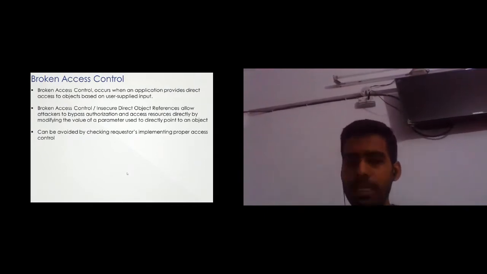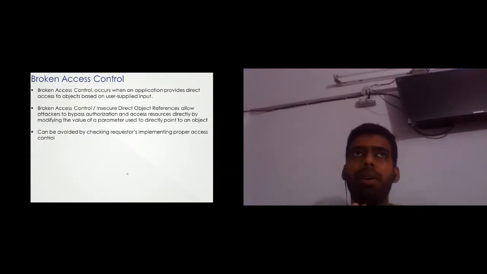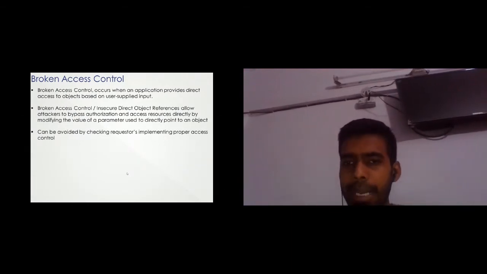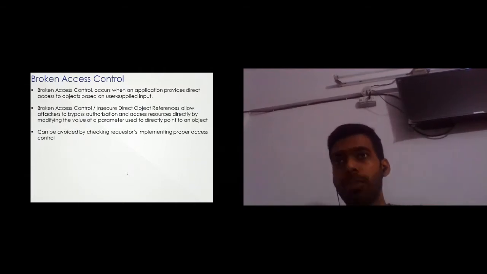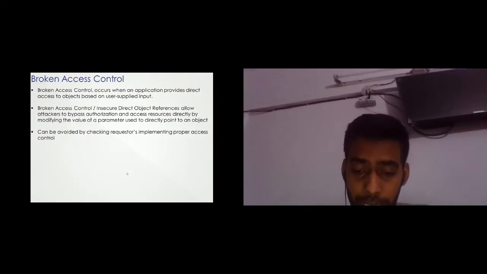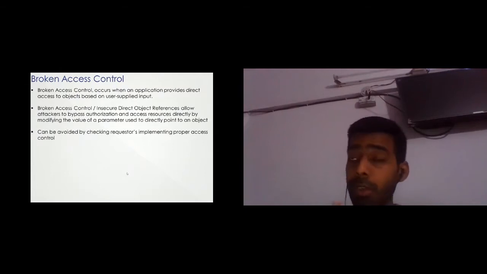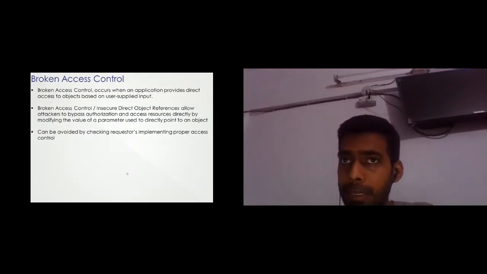If an unprivileged user can access or modify information of a privileged user in the web application, it is usually called elevation of privilege. I mean, horizontal elevation of privilege. Sorry, it's vertical elevation of privilege. If a user can change, view or modify information